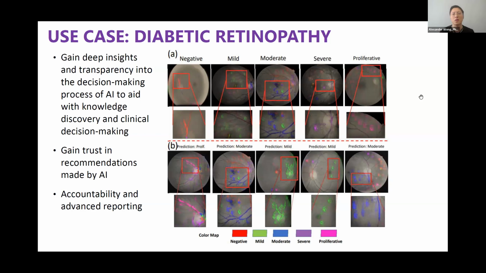So what we've done was build clinical decision support systems that incorporate quantitative explainability to allow us to not only have better insights to make better predictions, but also allow the clinician to be in control of the situation, to distill information to help them make a better decision. And we found that clinicians have really appreciated this approach because it's really about helping them improve patient care, patient decision support, right? So here in this case, using explainability, we could gain deeper insights and transparency into the decision-making process of the AI with the aim to allow them to have knowledge discovery and clinical decision access, right?